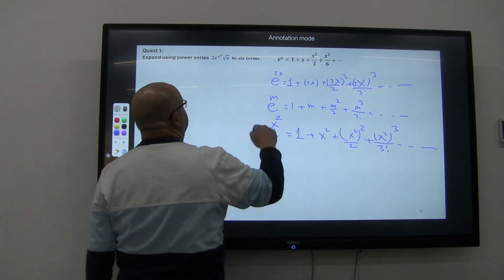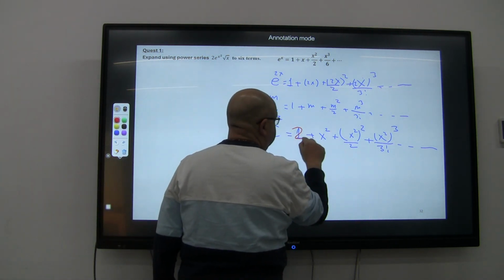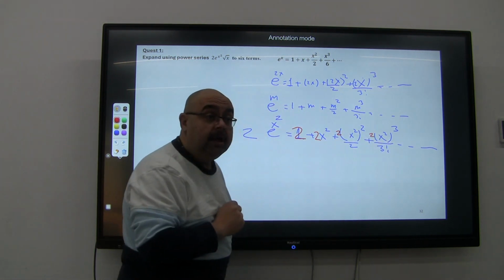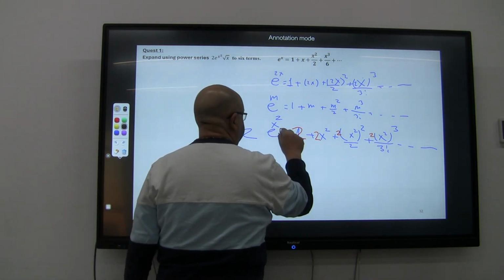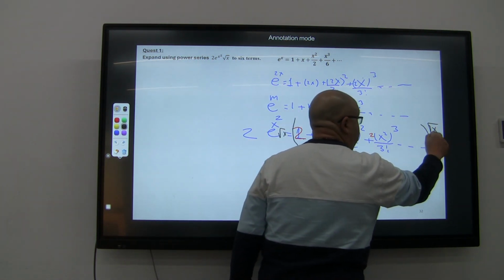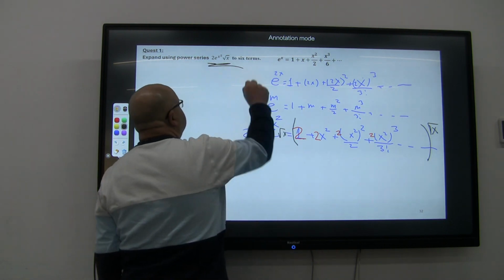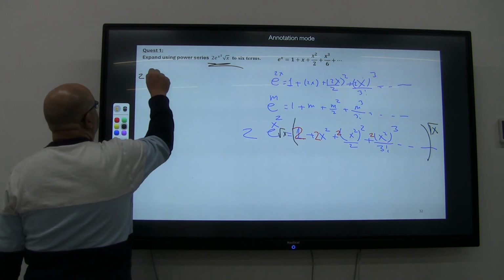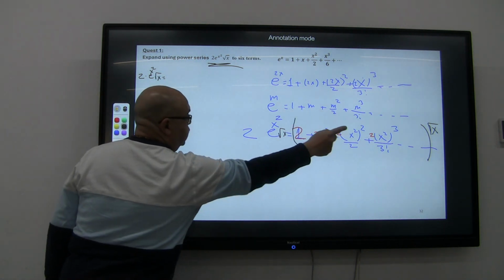I want to evaluate e to the power x squared times 2. So this one is going to be 2, and if I want to evaluate it times root x, all this function will be multiplied by root x. So the expansion for this function is going to be 2 over e to the power x squared times root x, which equals 2 times root x,